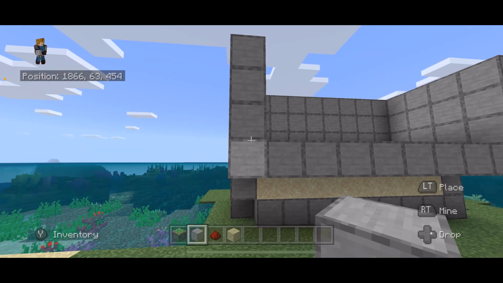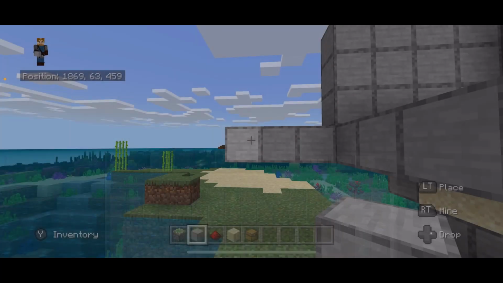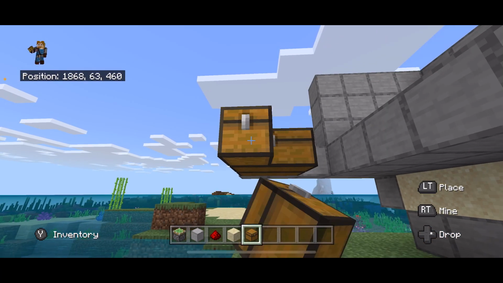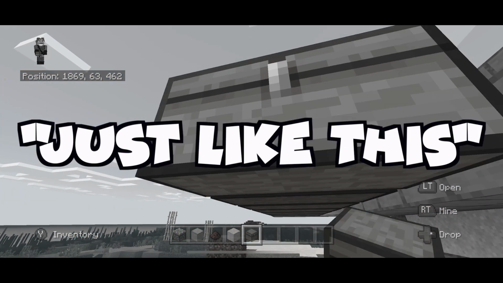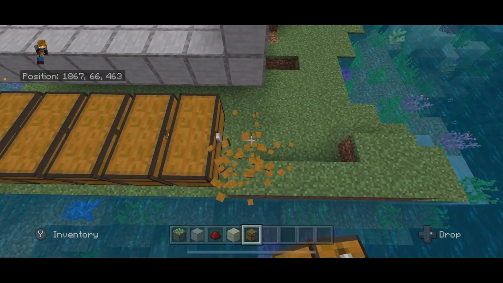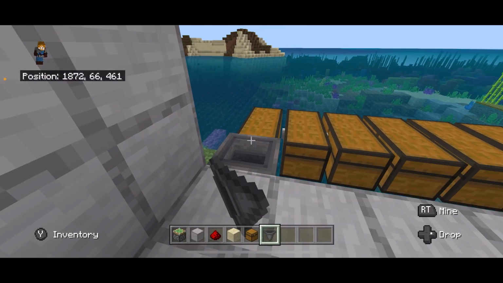Then I need my collection system, so I'm going to go here and build out 1, 2, 3 blocks. And then for each piston, I'm going to lay down a double chest, just like this. When I was recording the first video for this, I realized that I say just like this all the time. Oops, 1 extra. There we go. Now I need a hopper going into each one of those chests,